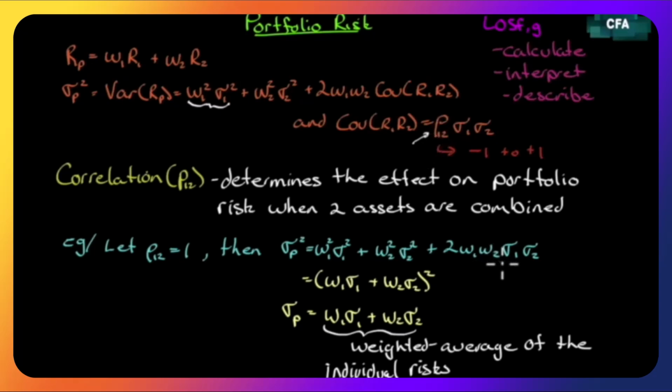Notice that it just drops out in this equation here. Well, this can be simplified as a square. And if you multiplied this out, you would get this term. And since we're looking for standard deviation, and this is the variance, if the variance equals this squared, just cancel the squares. You'll have the standard deviation equaling this term. All we're doing is weighting the standard deviations of each of the assets by its weighting in the portfolio to get the portfolio risk.